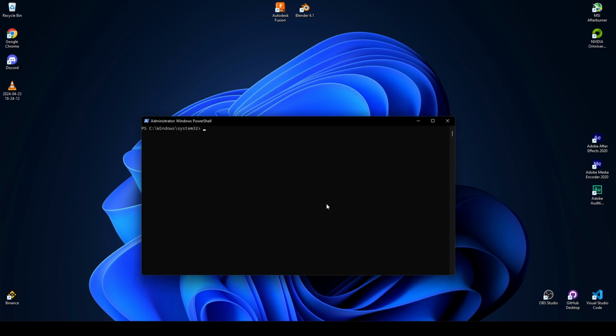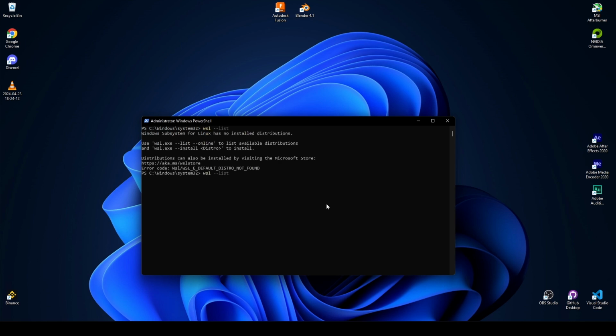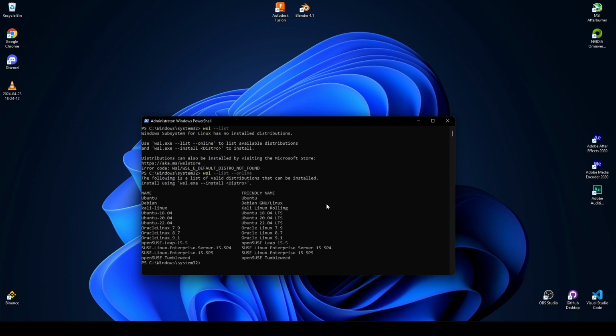After we enable the Windows Subsystem for Linux, we will install Ubuntu on our Windows. Just type wsl --list --online, and we will see the distributions WSL has available for Linux that we can use. Here I will use Ubuntu 20.04.